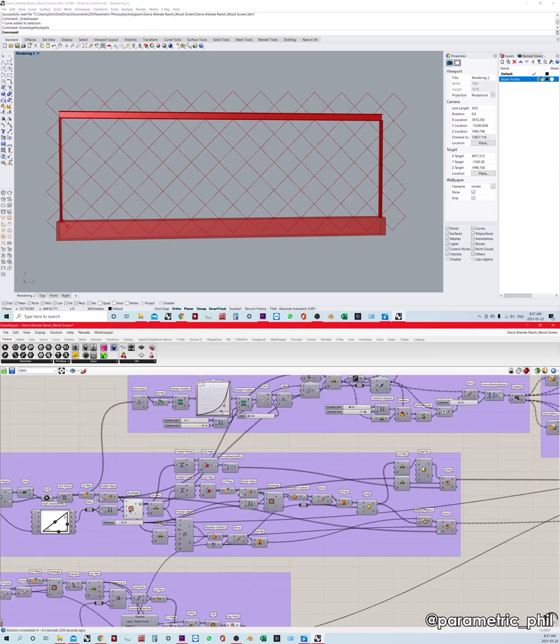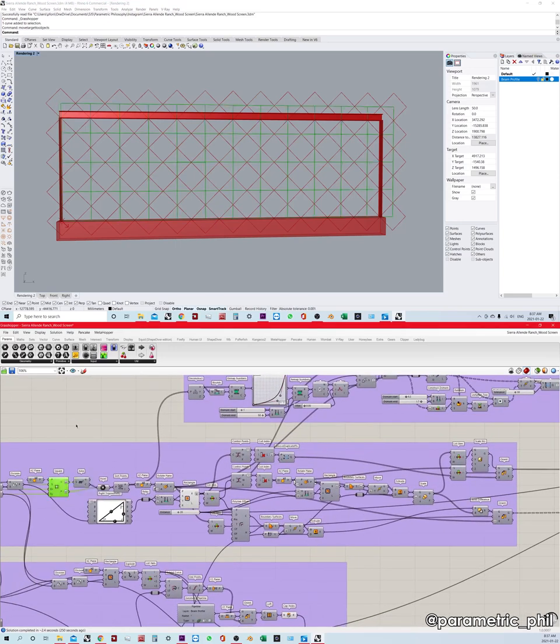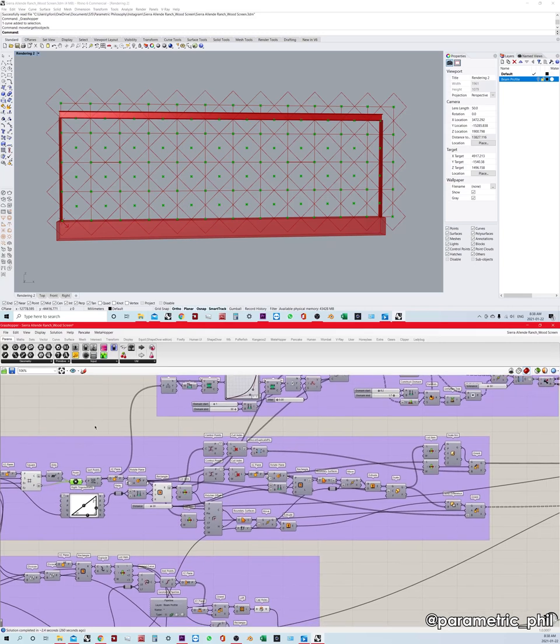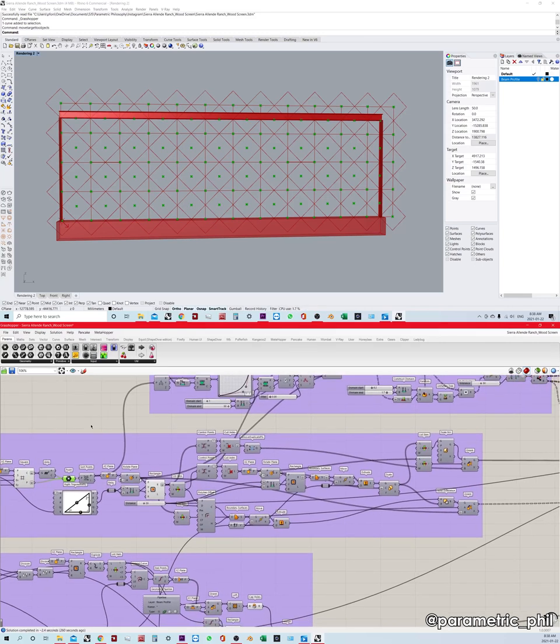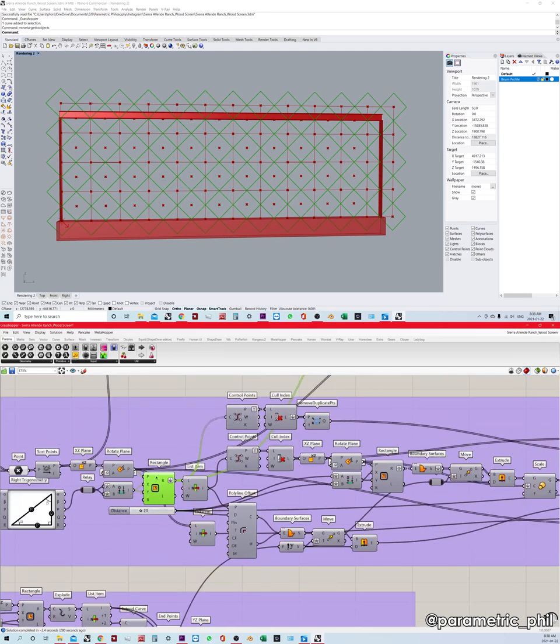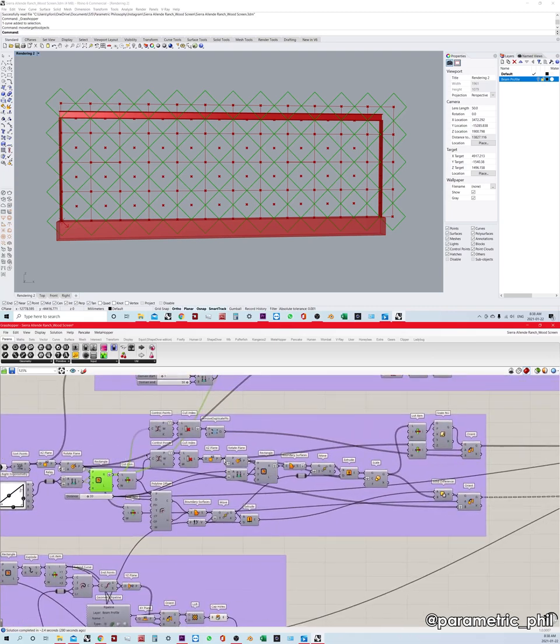And so how this is working is we're basically taking a square grid. First of all, we're grabbing both the vertex points and the center points, and we're using that to define the cells of this diamond grid, or it's a square grid rotated at 45 degrees basically. So from those points, we're taking some planes, rotating those planes 45 degrees, and we're placing our rectangles, but they're squares, right? And so that's how we're creating this grid. And from there,